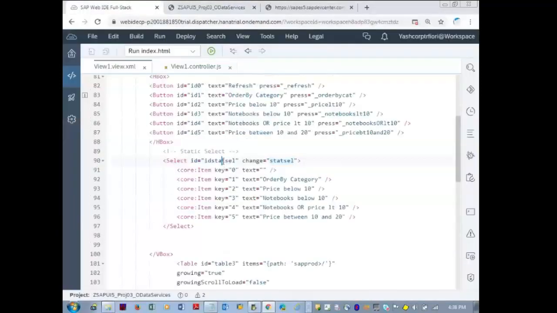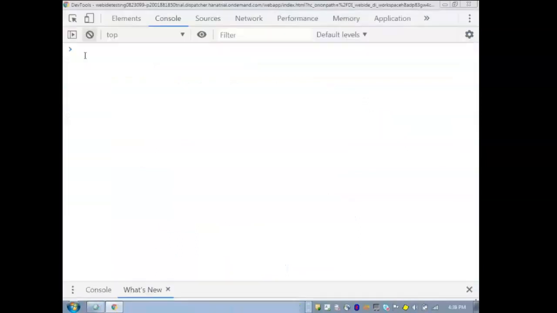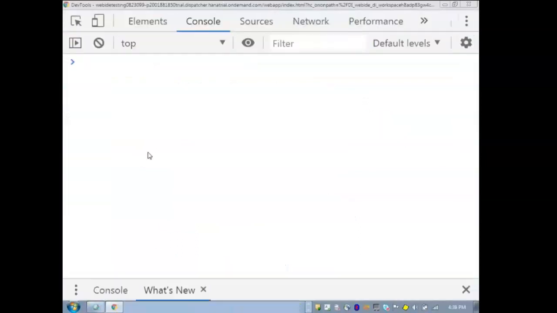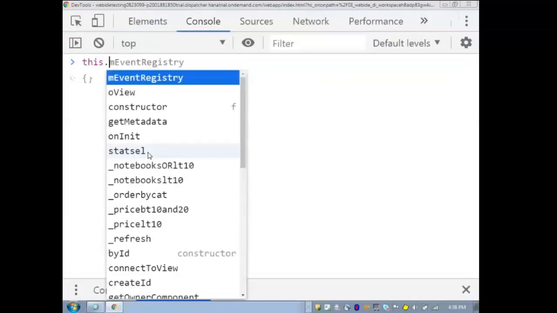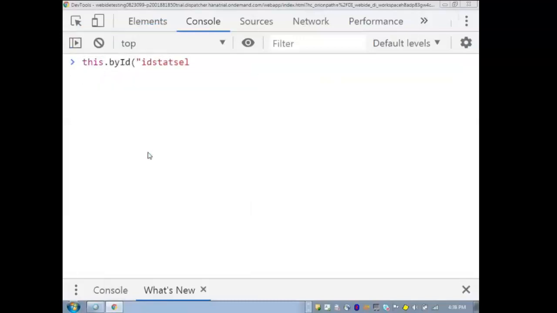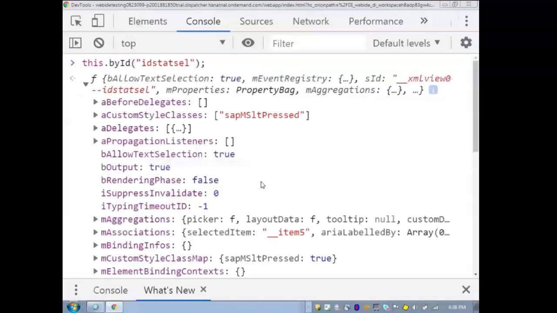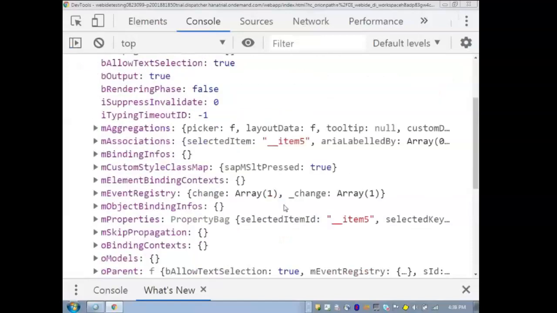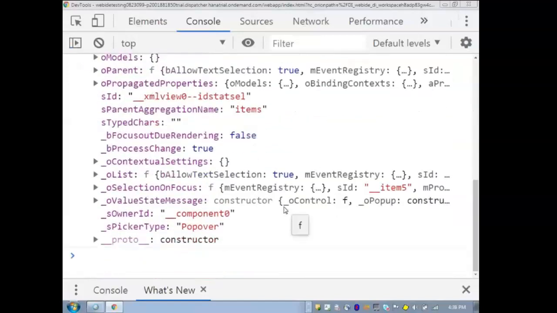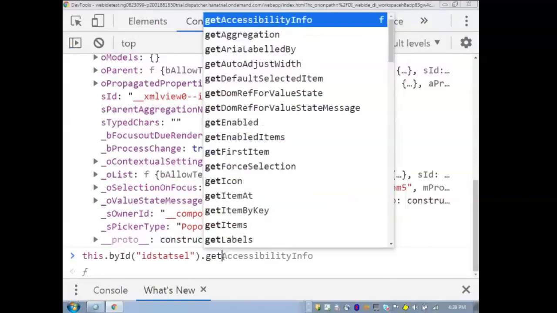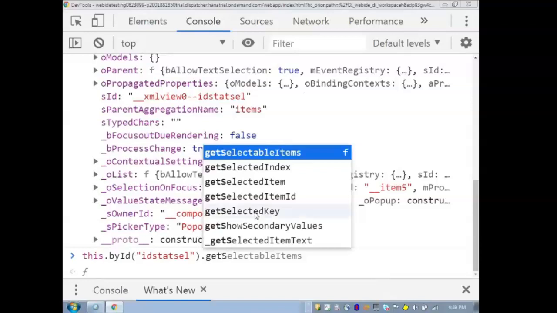The ID given to this is the stat cell ID. So this.byId, then dot get, and you can have code assistance with getSelectedKey.